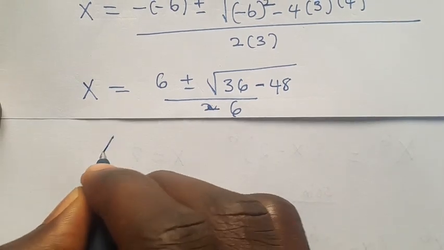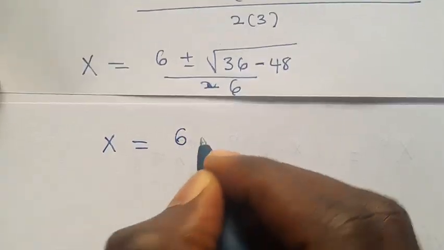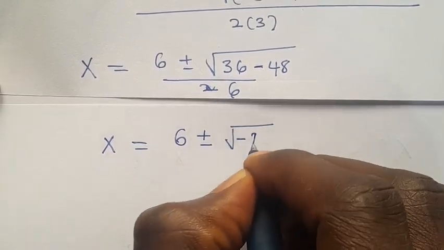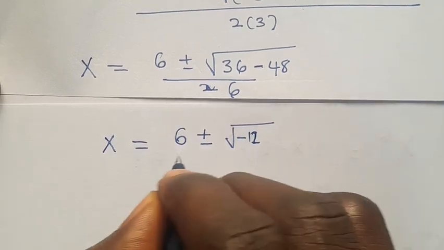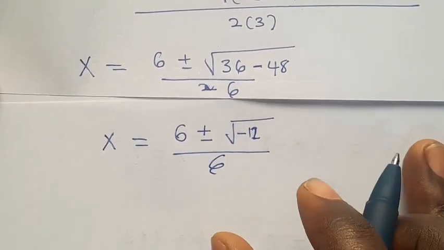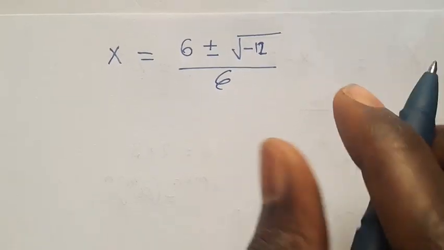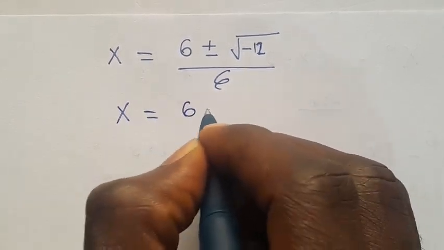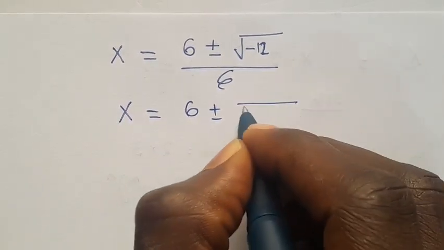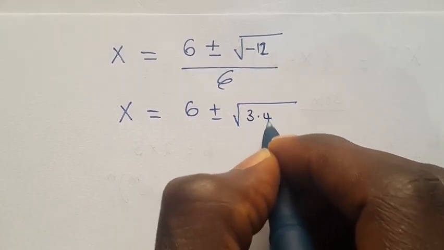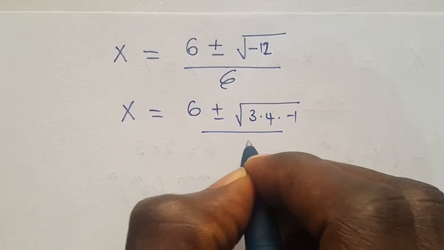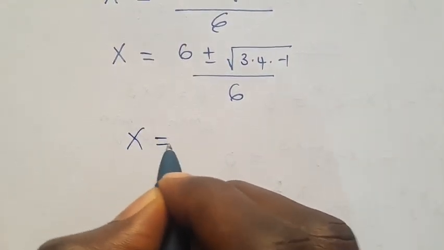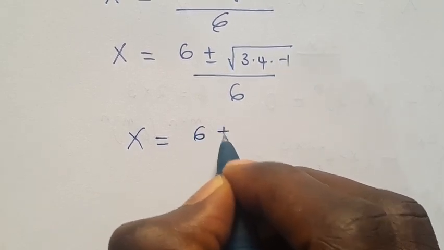So we have x equals 6, positive or negative, root of minus 12 divided by 6. So from here x equals 6, positive or negative, root of 3 times 4 times minus 1 divided by 6. So we have x equals 6, positive or negative,